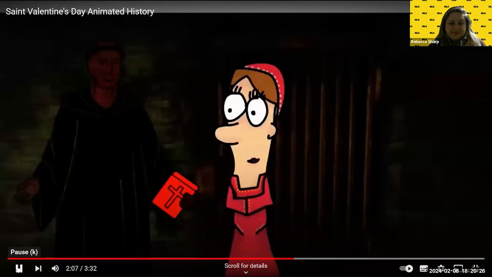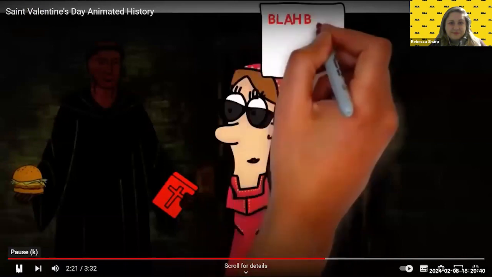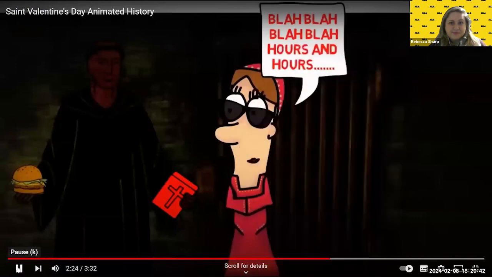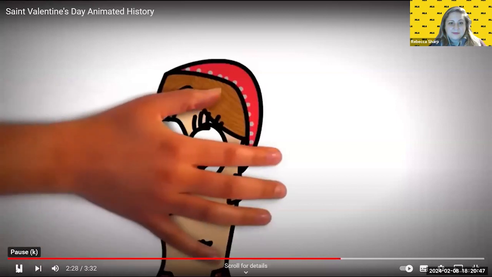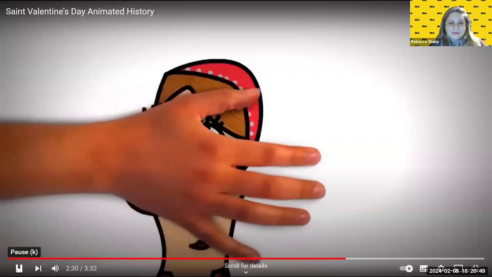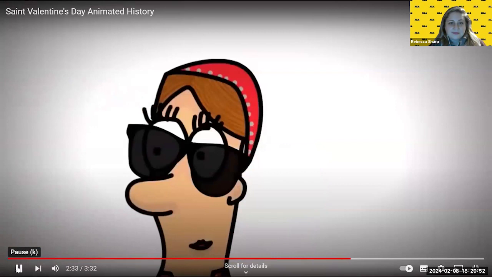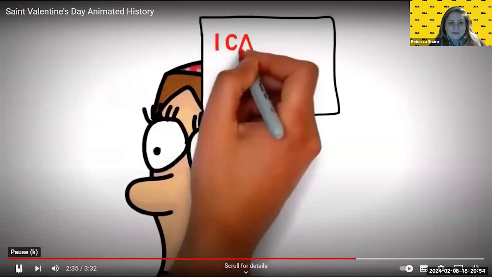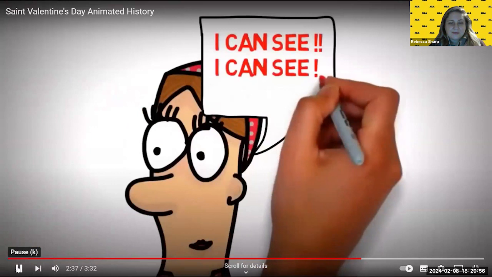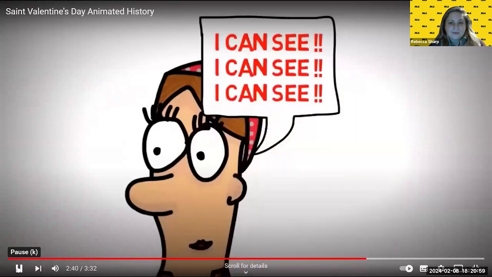While Valentine was in prison, the jailer's daughter used to bring him his food. She was a young woman who was unfortunately blind. She and Valentine used to spend long hours talking to each other, and soon they fell in love. One day, Valentine put his hand through the bars of the cell and touched the lids of her closed eyes. When she opened them again, she could see. It was a miracle.